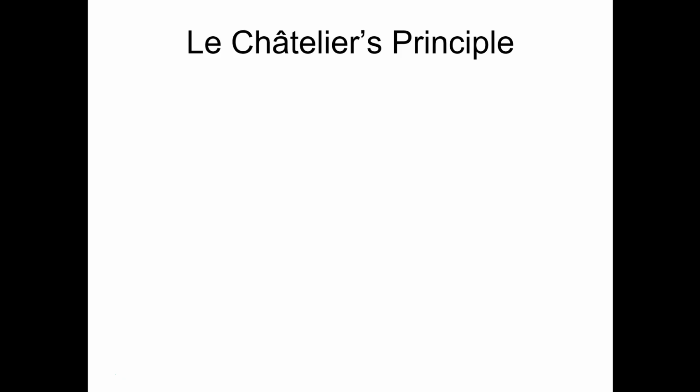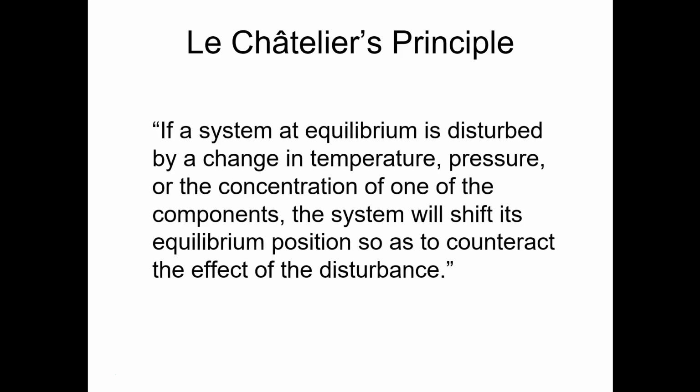Ultimately, you really only need to be able, when this is through, to predict the direction that an equilibrium would shift if a particular thing happened to it. So what does Le Chatelier's principle say? It says if you have a system at equilibrium and you disturb that, and the way you might disturb it is by changing the temperature or changing the pressure of a gaseous reaction or the concentration of a component, that is a reactant or product, the system will shift its equilibrium position so as to counteract the effect of the